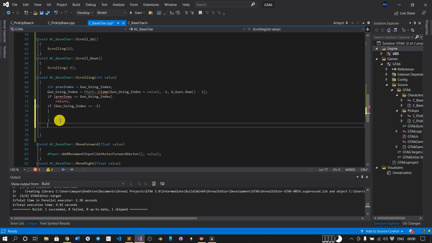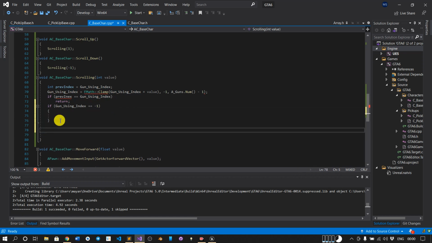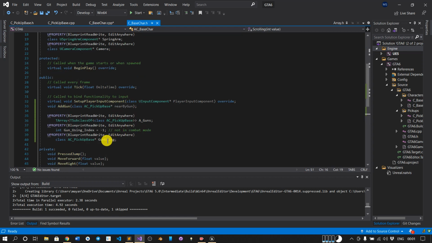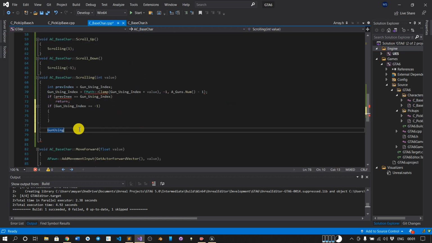So we will spawn our pickup, and we will hold the gun. So GunUsing is a variable which we have created here. It is the object for the player which is equipping the gun.